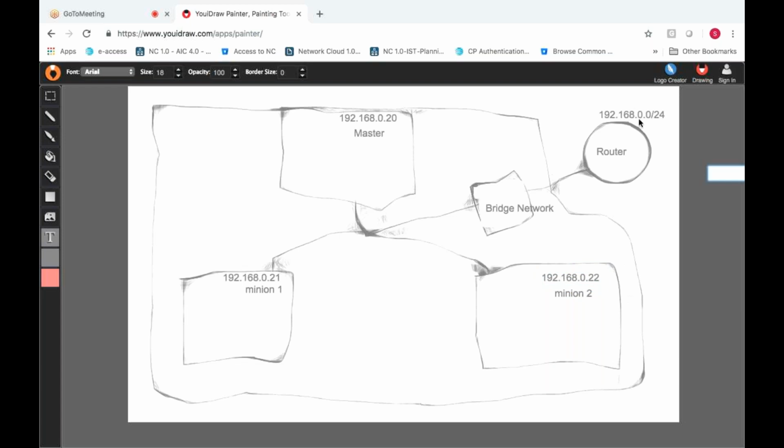From that gateway, it will communicate to the ISP provider's public IP address, and then it will translate the addresses. This is how the communication will happen. This is the basic network which I try to configure, and I will show you how to configure it. This is the master, this is the minion, and this is minion 2.